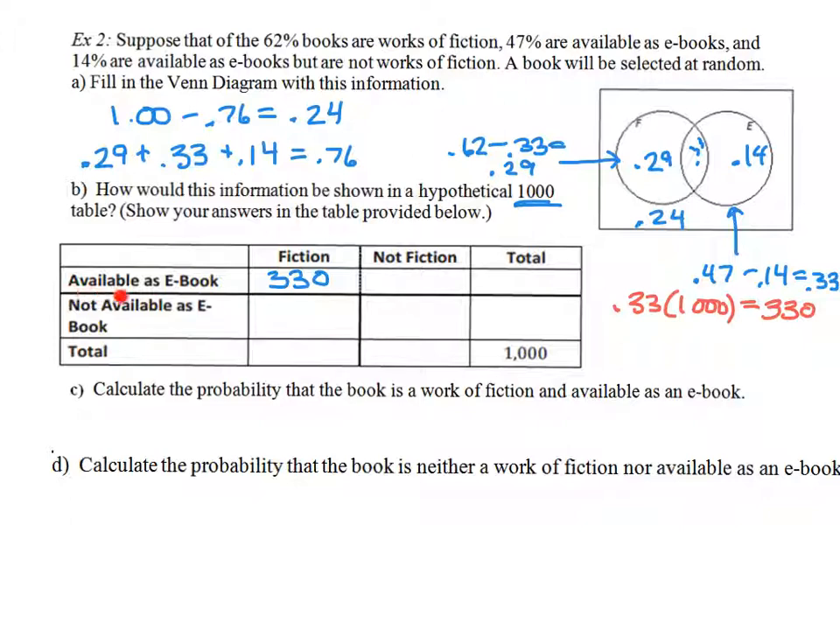If I want to look for the number that are available as ebooks, but not as fiction, that means I want the ones that are over here on just the ebook category. Again, take 0.14, multiply it by 1,000, and that's giving me 140 books. Now I'm in a position where I can go ahead and total these. So when I add those two together, I see that I'm getting a total of 470 books in the category